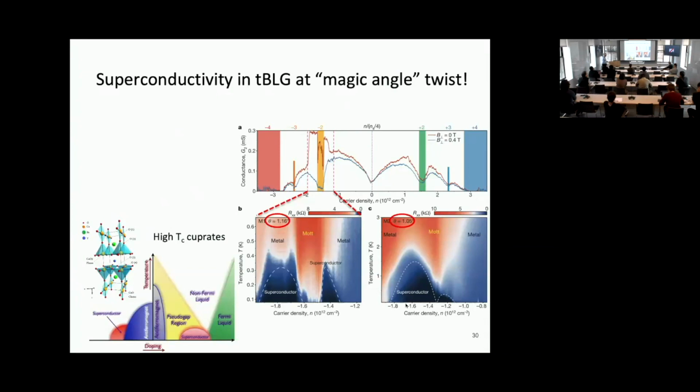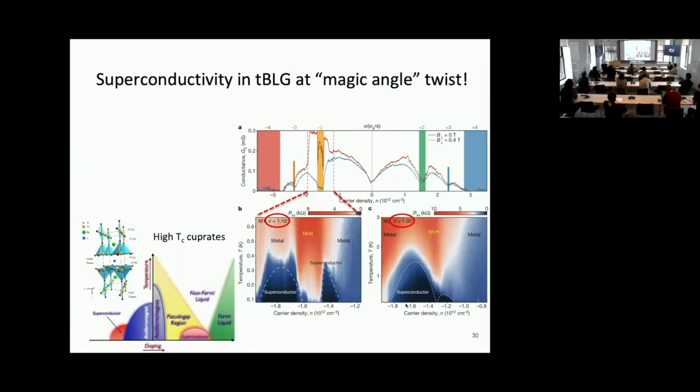Here's a large band gap separating the flat bands from the rest. Here's another band gap separating the flat bands from the other conduction states, but there are also additional smaller gaps splitting these density of states. Now, if you blow up this region around this range of doping, and you plot the carrier density,